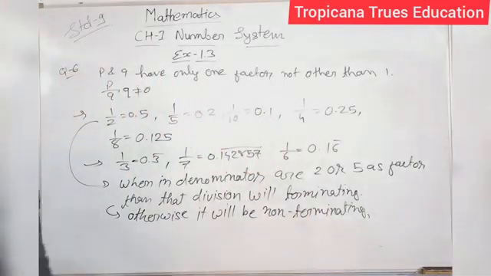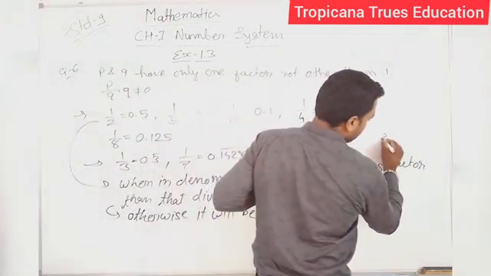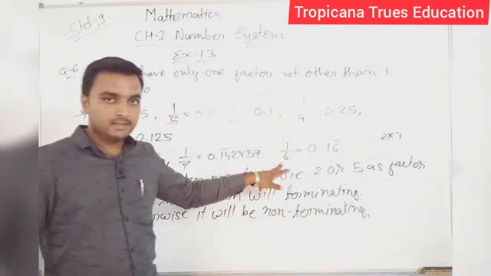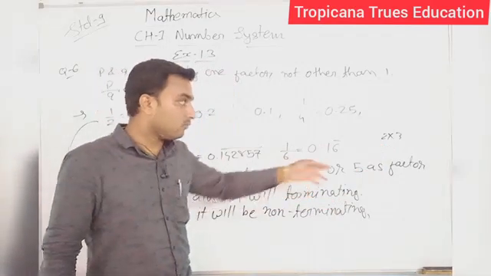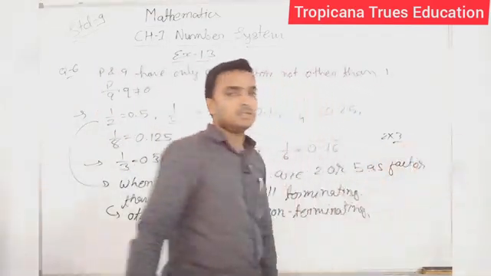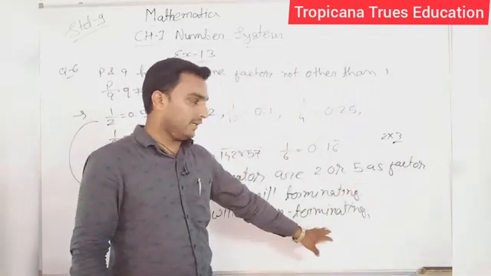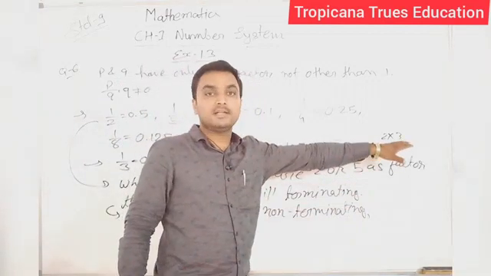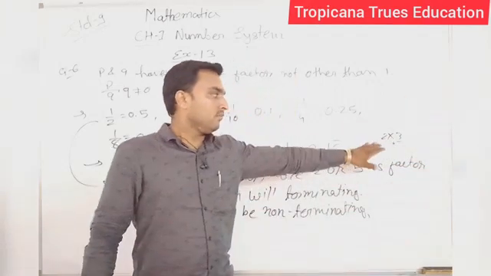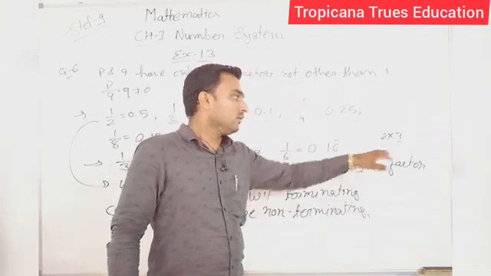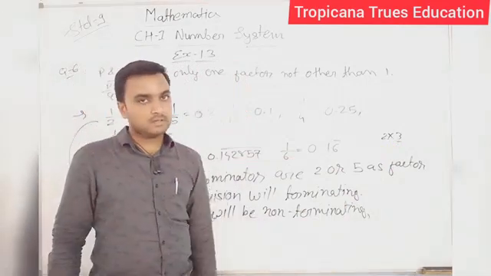Clear? Now see here, you may have a doubt that here this is a 6. We know that the factors of 6 are 2 and 3. Now we know that 2 comes right over here, then it would be a terminating number. But what happened? 3 is given right over here. So 3 is a number other than 2 or 5, so we can say that it is non-terminating. Otherwise, if here it is 2, 4, or 5, then it is terminating. But when a number other than 2 or 5 comes as a factor in the denominator, then that number will be non-terminating. Clear?